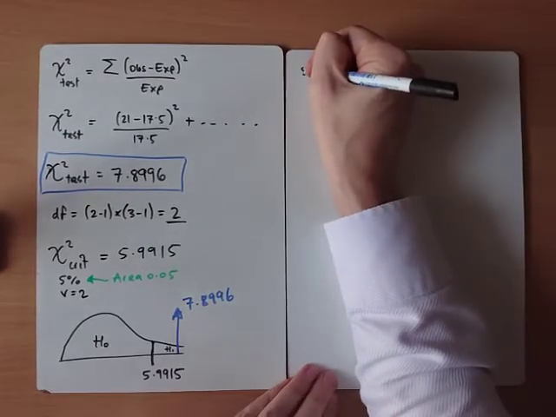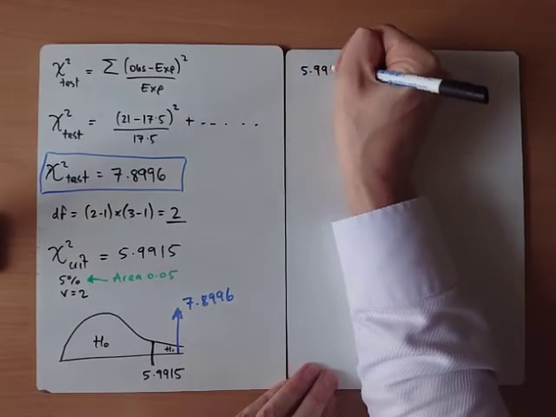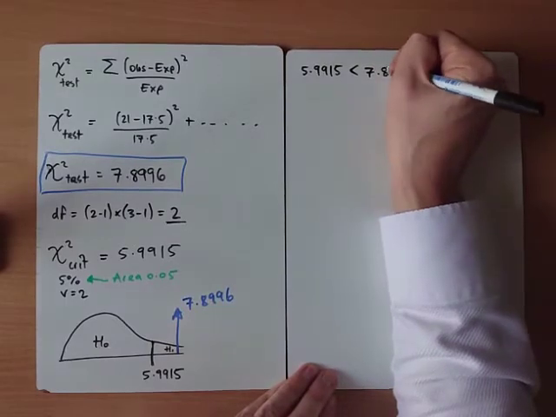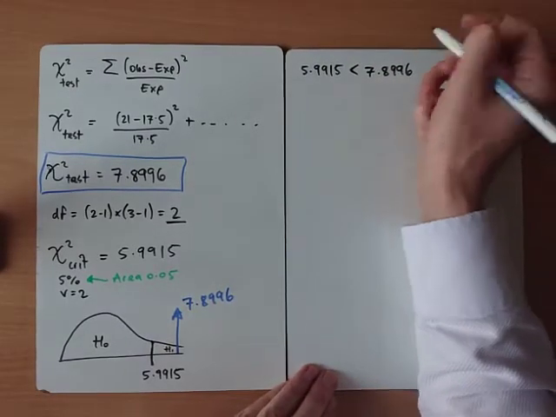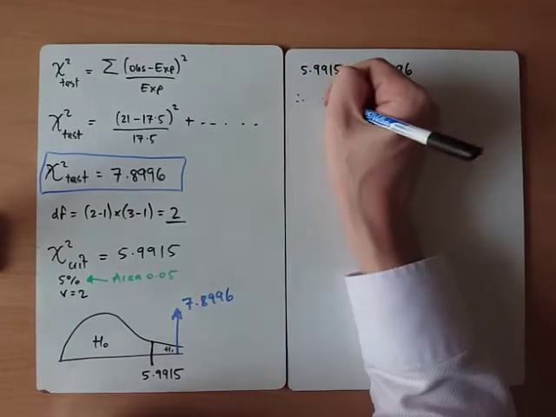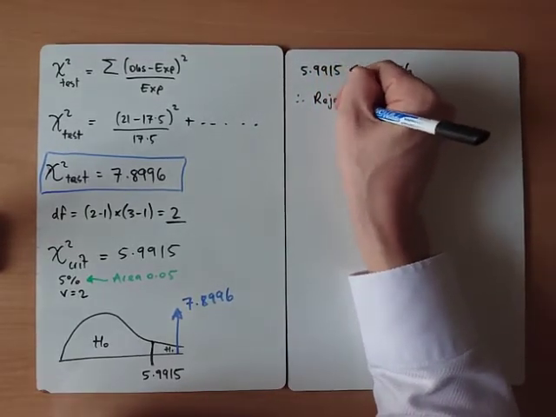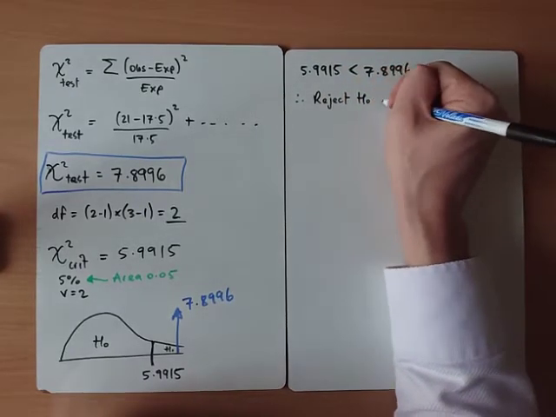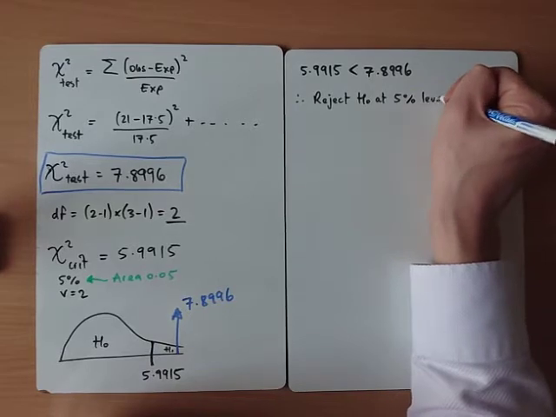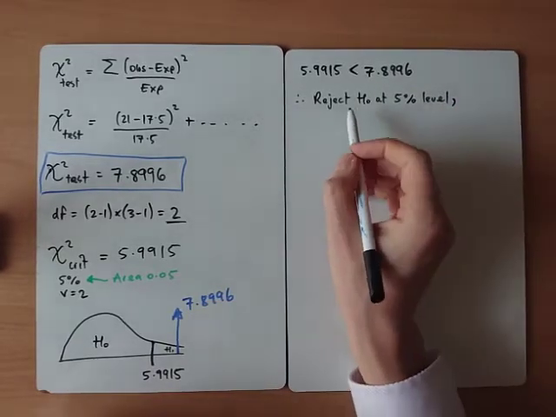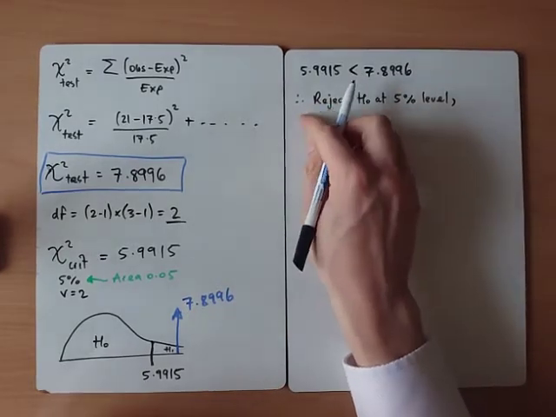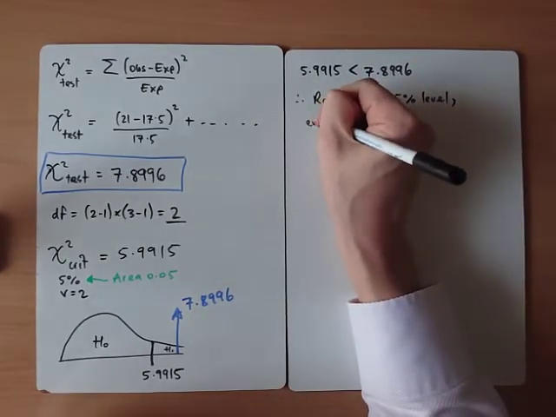One thing I forgot to do on the last one as well, we should probably write 5.9915, just to make it crystal clear that you're comparing the two numbers together. Because the test stat's bigger, we would reject H0 at the 5% level. So comments, always refer to H0 first, reject H0, and then comments in context, so the evidence